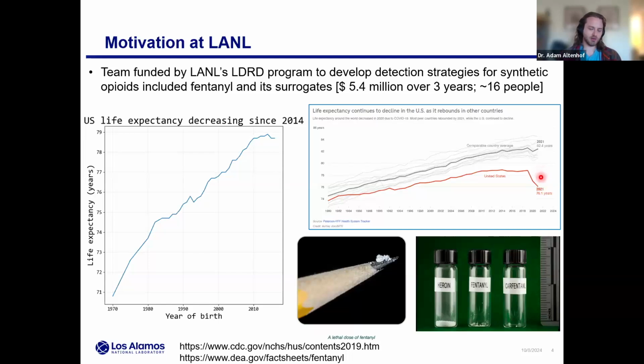Really staggering numbers. The reason it's so lethal, this fentanyl or synthetic opioids, is that just 2 milligrams of fentanyl, pictured here, is a lethal dose for an average adult. Picture that against previous epidemics of heroin, their lethal doses pictured there. Compare that even to other forms of fentanyl: carfentanil is 100 times more lethal than fentanyl. A really lethal, serious problem, and again, we want to develop some meaningful detection tool to stop the influx into the country.